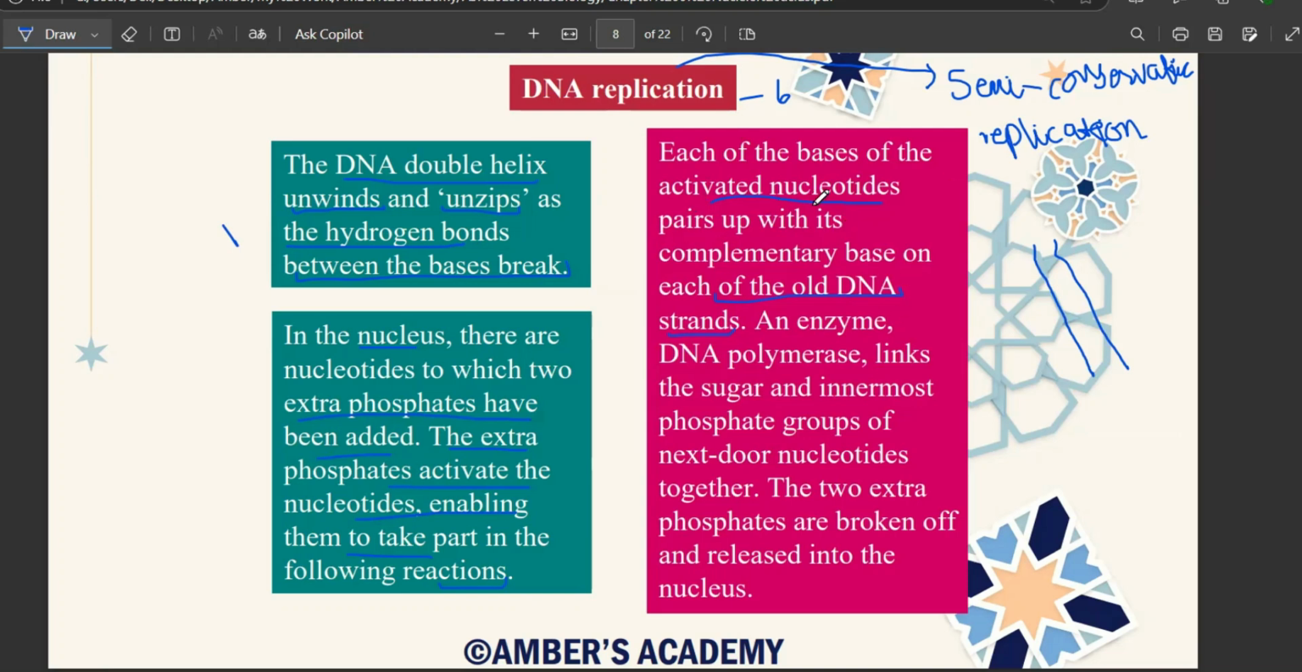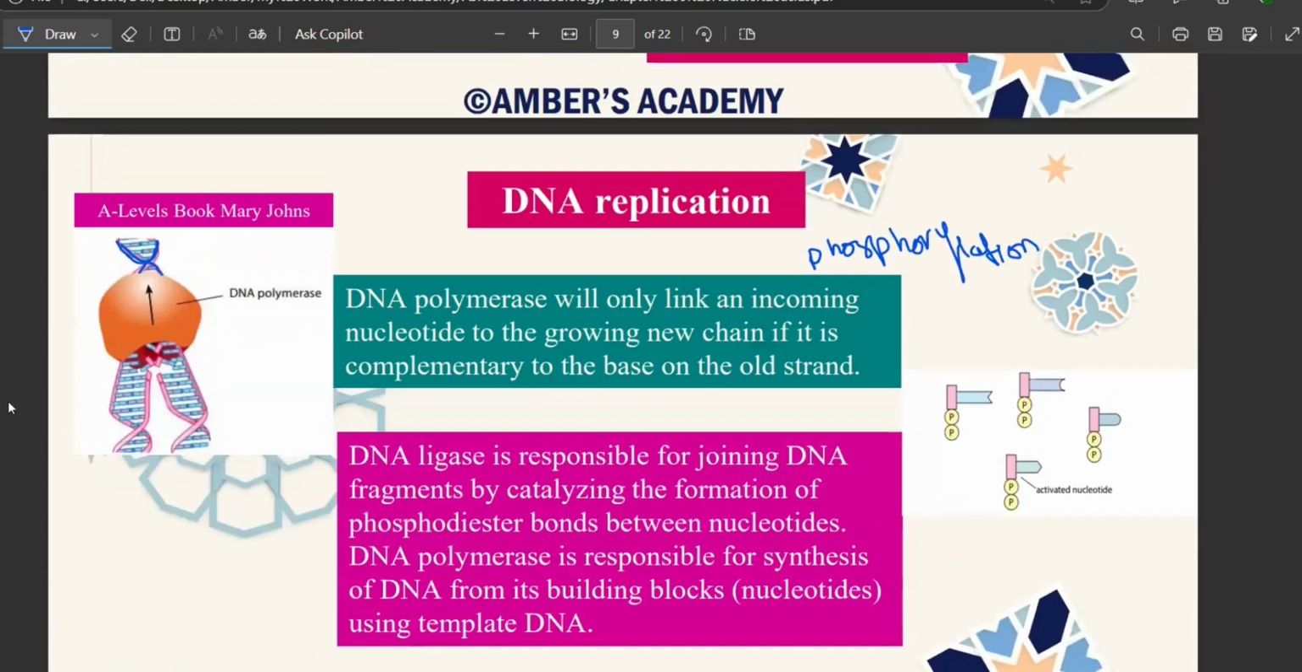those activated nucleotides, which were free in nature, are now going to pair up with the complementary base on each of the old DNA strands. Okay, so these are the two different processes that were taking place. One of them is that your DNA strand was opening up. Now that it has opened up, it does have nitrogenous bases over here, right? And the other process is taking place in the nucleus, where your nucleotides are now activated, and